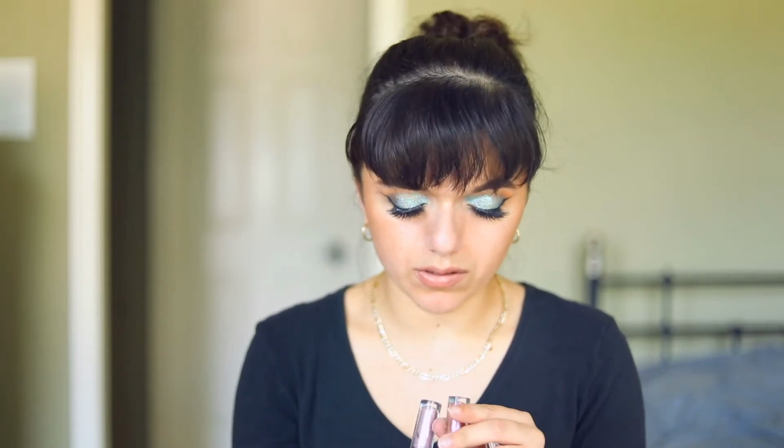Sadly, they've discontinued these two. This was, what was the name? This was Over Again. Love this shade. And this other one is called From the Valley. These were the perfect duochrome kind of shades, but they do have other shades on the website. And I have a ton of other shades from this line, and I will say that all of them consistently are really good. So if you see one of these colors on the ColourPop website that you like,